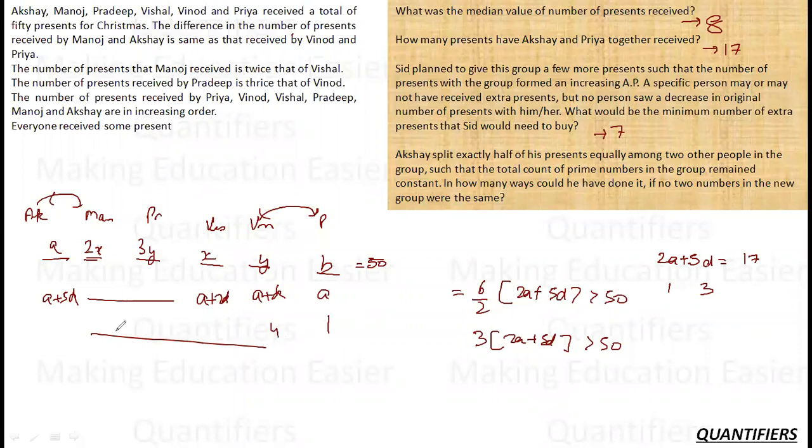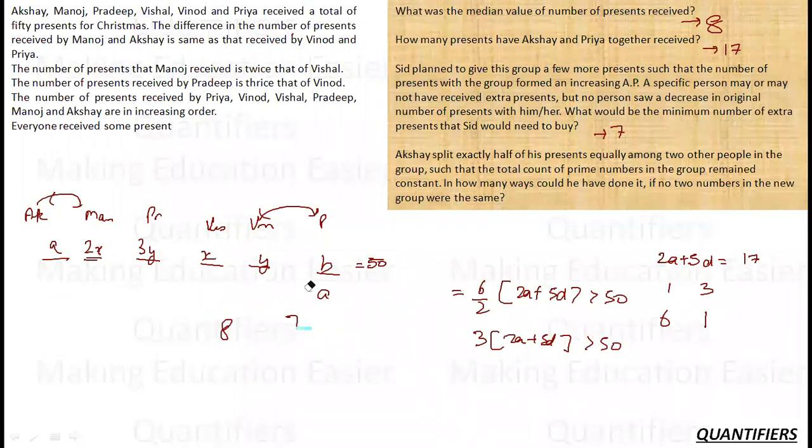We checked that, and when A was 1 and D was 3, it was not forming an AP. We already checked that. Okay, what is the other solution? For the other solution, if I say D is 2, it is not possible. If D is 1, then 2A is 12, A is 6: 6, 7, 8, again not possible.